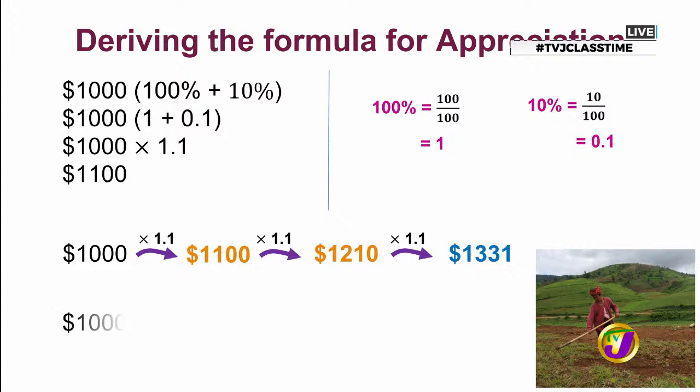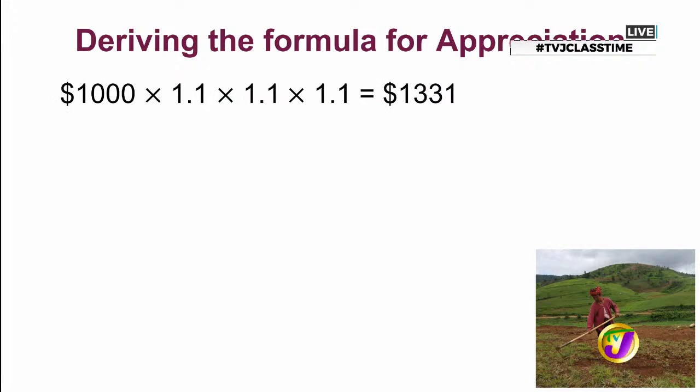Okay. So can you see that we started with that $1,000, which was the value of Miss Ivy's land when she bought it, and through those calculations, we noticed we're multiplying by 1.1 each time. Technically, yes. So I'm seeing something looking familiar, like indices. Well, it's repeated multiplication, and we know that we can represent that using an index.